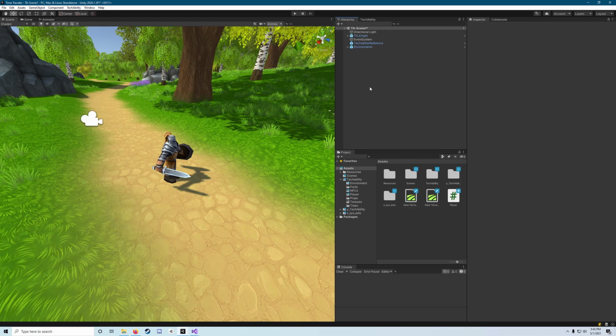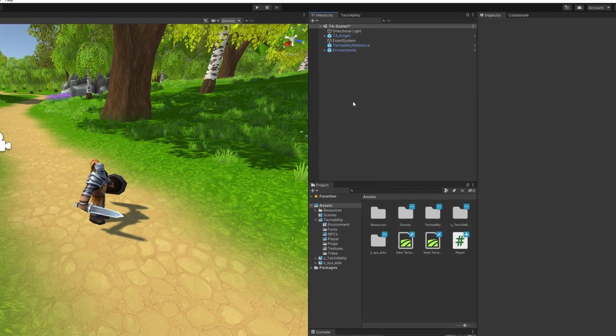All right, so we've got our player moving, we've got him attacking, but our attack doesn't actually interact with anything at the moment. Right now, it's just an animation, which while it looks like an attack, it isn't actually going to have an effect on our enemies once we get them into the game. So what we need to do is create what's called a hurt box. A hurt box is essentially a trigger that's going to deal damage to the enemy when the enemy is touched